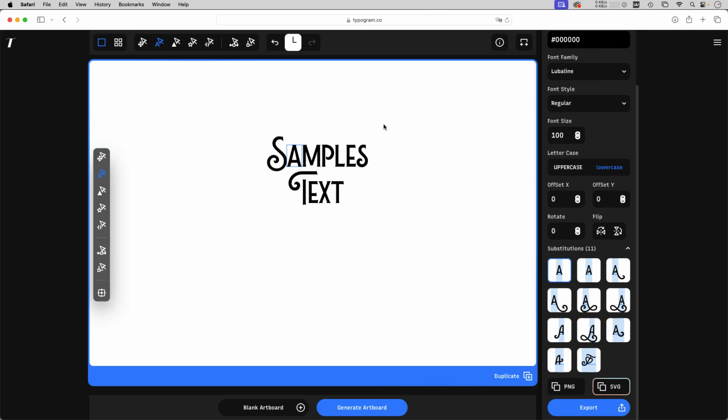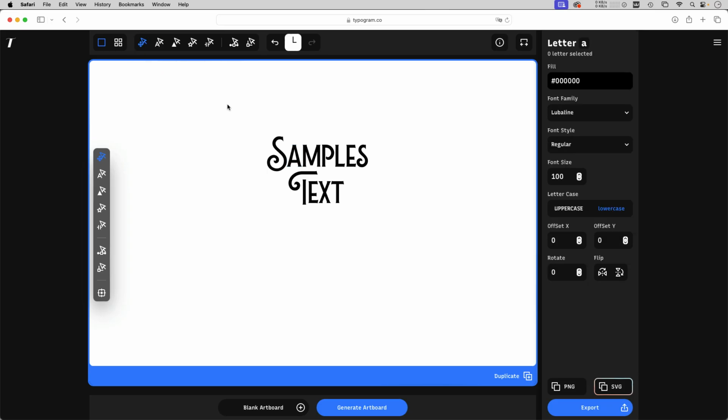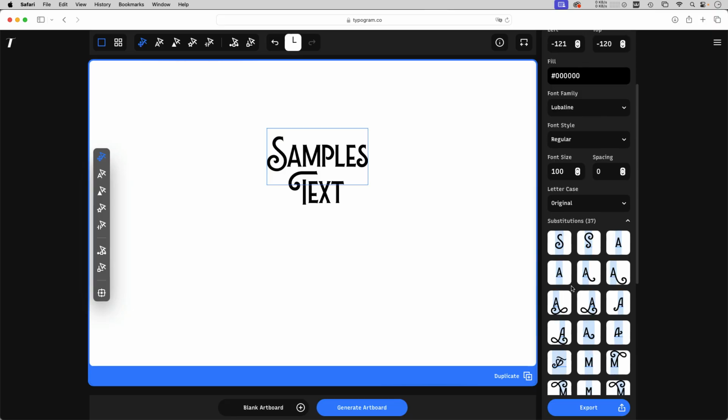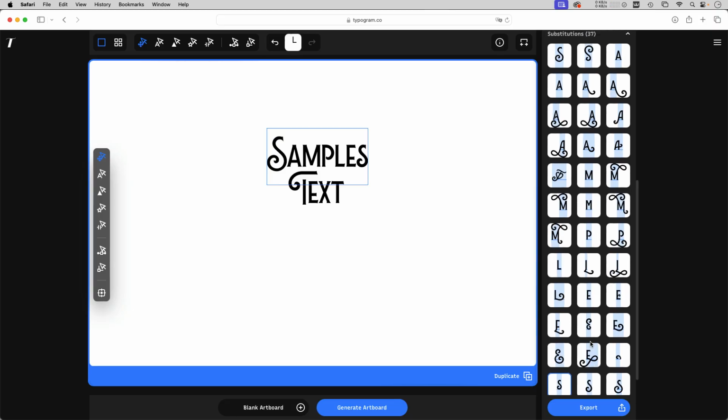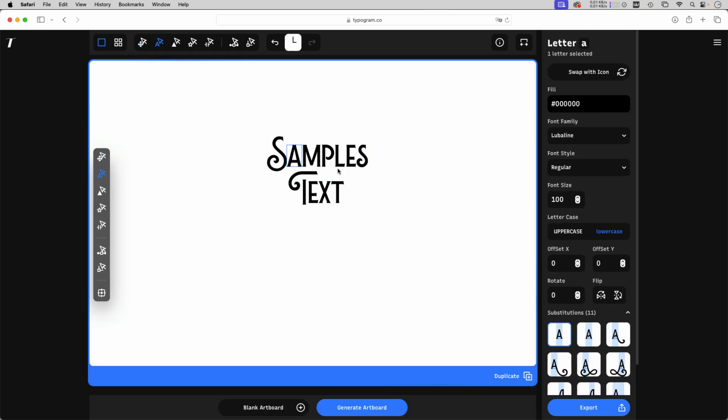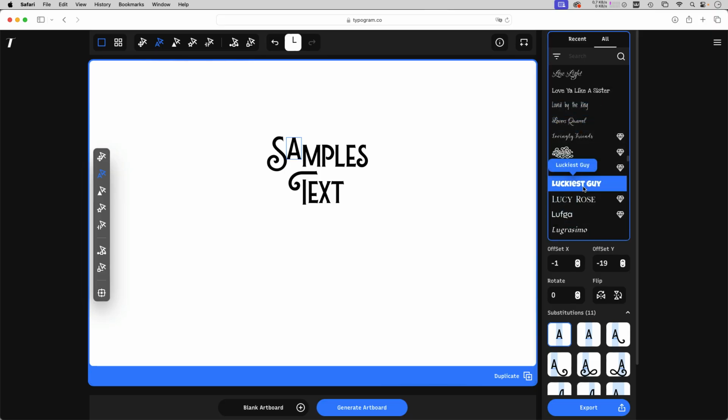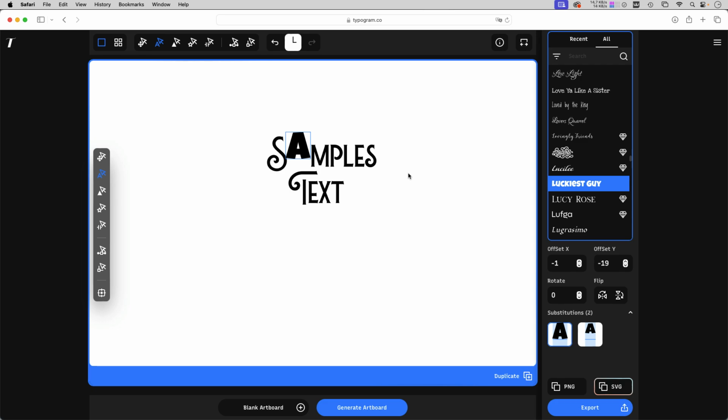And maybe you have already seen it when I'm using that move tool and select the whole word. Then in here you find all the substitutions for all the letters in this word, limited to this word. So that's what's included in the font. Let's go to the letter again. And then we can just move it around, or even we can select a different font for that, or color,